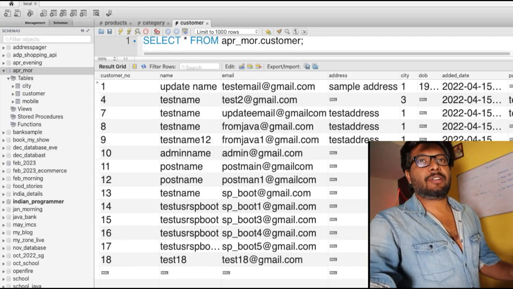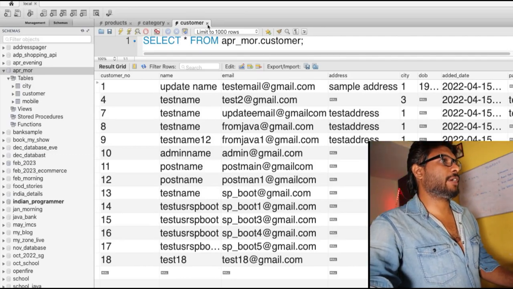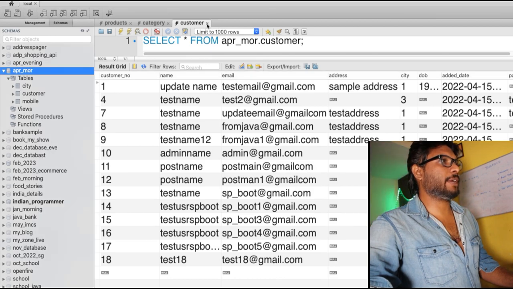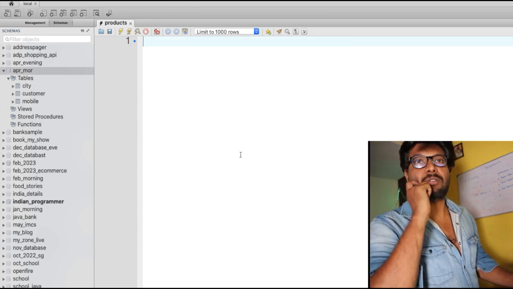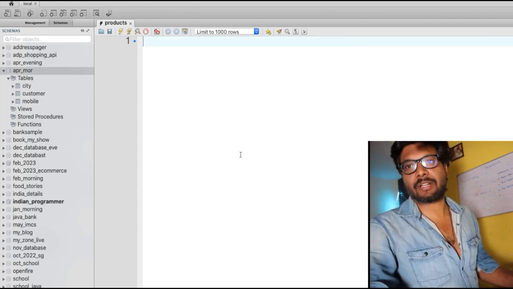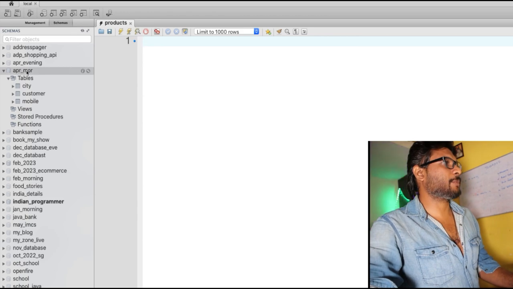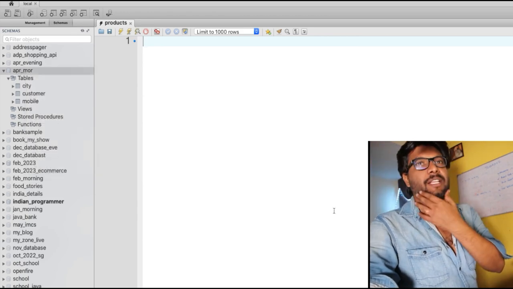So guys, in this video we are going to create a new table, and in the table we are going to insert the data. So we are going to see how to create a table and how to insert the data into our table actually. Okay, for this, as you can see here, I'm using MySQL, and